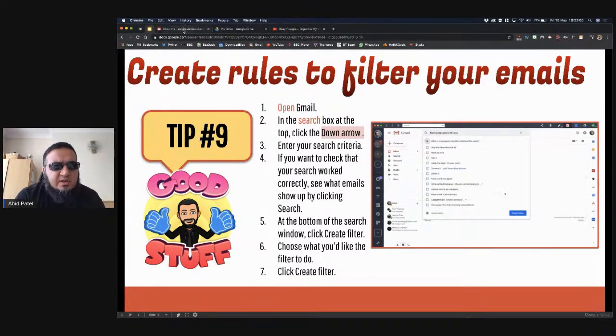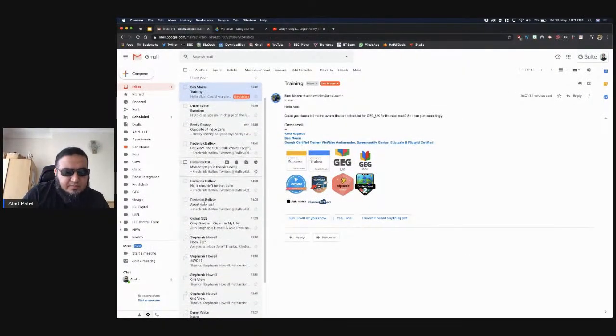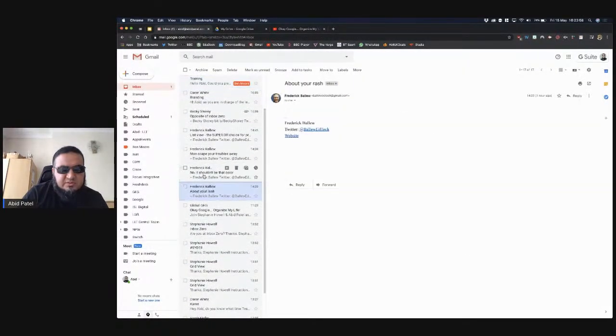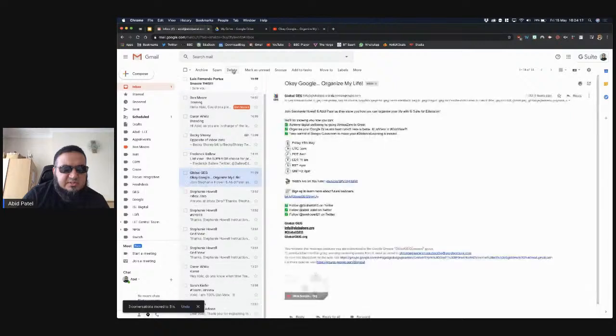This works really nicely with labels. So if I go back to my email, I can see here that I've got a few emails from Fred, and they don't look very savory. So I'm going to tick those emails. And what I would normally do is I would click on spam. But I know Fred's not such a bad guy because he sent me an email that says list view. So I'm not going to send those particular ones to spam, but I'm going to say just these ones I'm going to delete for now.